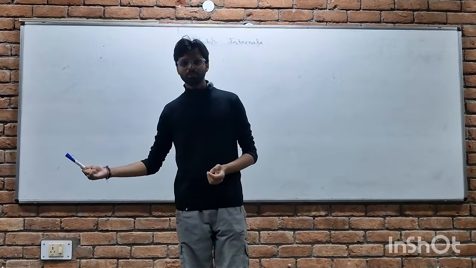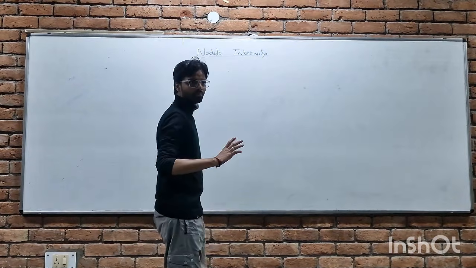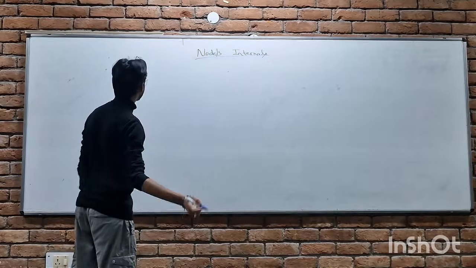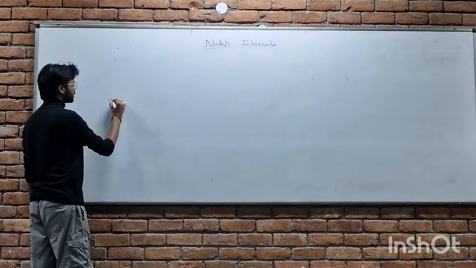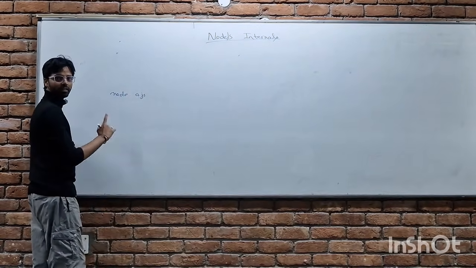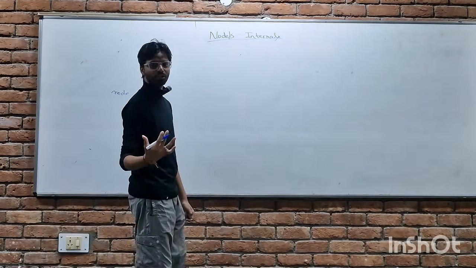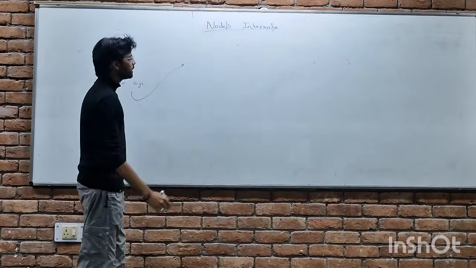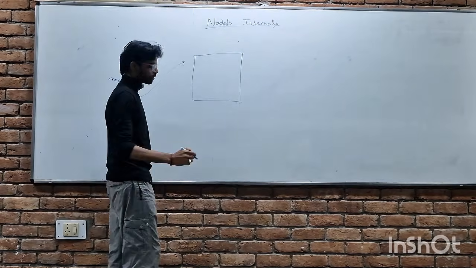So today we are going to learn about NodeJS internals, and before going forward, let's understand what happens internally. Whenever we write some code and try to execute it, suppose we have written node a.js, it will try to execute the program. When the program is going to be executed, internally it will first go to the V8 engine,